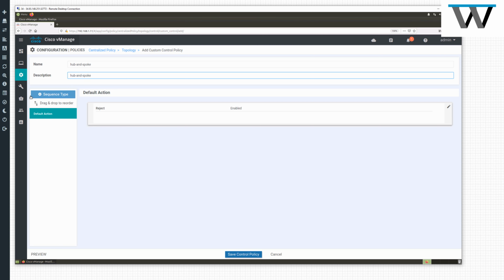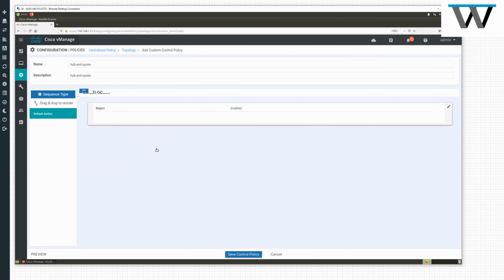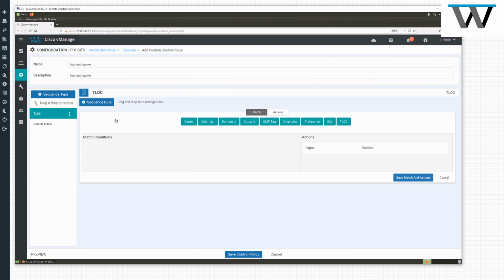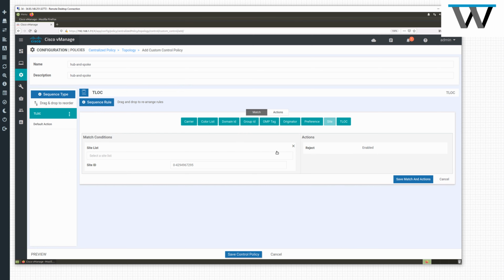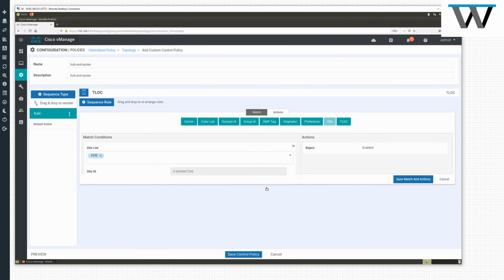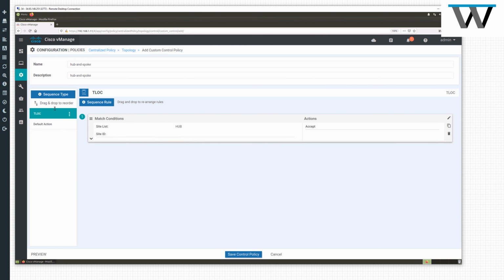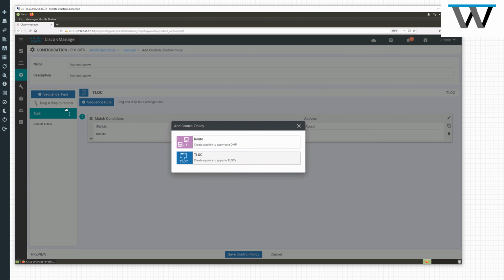Okay, and I'm going to add here sequence type, which is going to be TLOC. And here I am adding the sequence rule in which I'm going to the site, selecting my site as hub, and then changing the action to accept. And that is it. Save match and action. Now I'm going to specify another